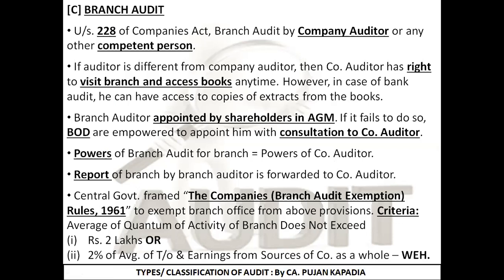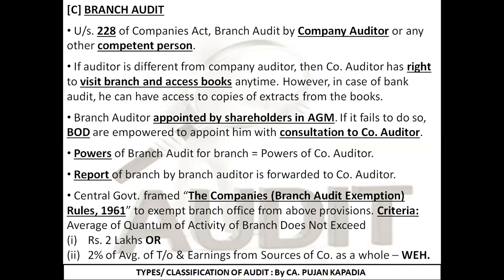This line is basically talking about, for example, I am auditing a multinational company, as I have told you. As a company auditor, whatever power I have for that particular company as a whole, the branch auditor will have the same power for that particular branch. So Mr. Y will have the same power for the particular Surat branch as Mr. X has as the main auditor on the entire company. I hope I am making a point. Fine. So the power of a company auditor for a company is equal to the power of a branch auditor for his particular branch.